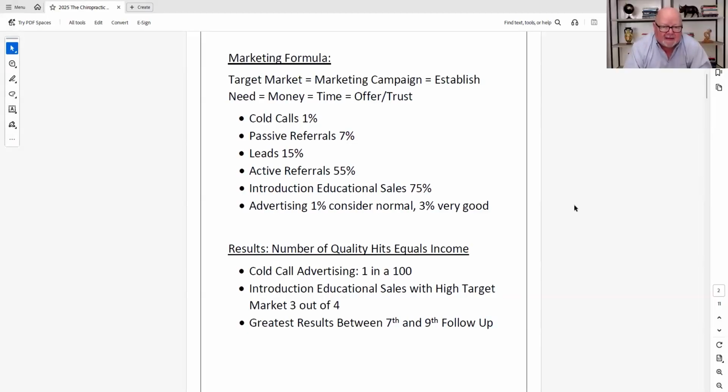Now, when I did it, I got the same number. So let's say I get my 2. Well, I knew how to keep them for 28 visits apiece. 28 was my patient retention. So 28 times 2, that's 56 total visits times $50 a visit. That alone, just by knowing how to keep them, I made $2,800. The other chiropractor's going broke. He can't do the advertising again because he didn't even break even with the money he spent. And what was the difference?